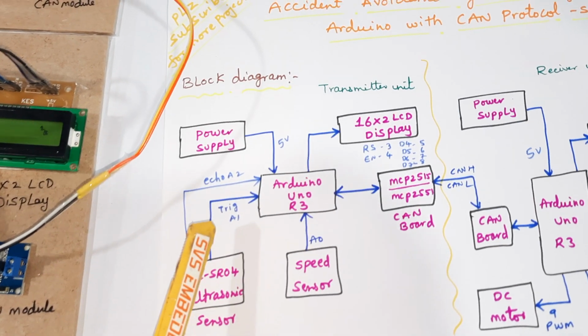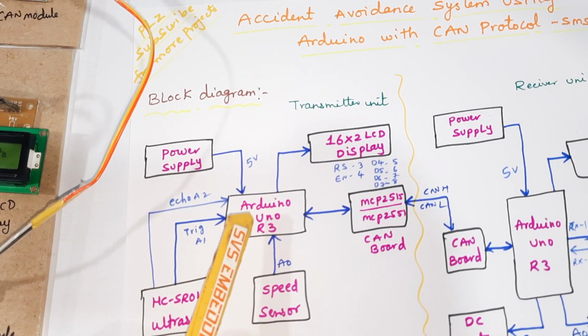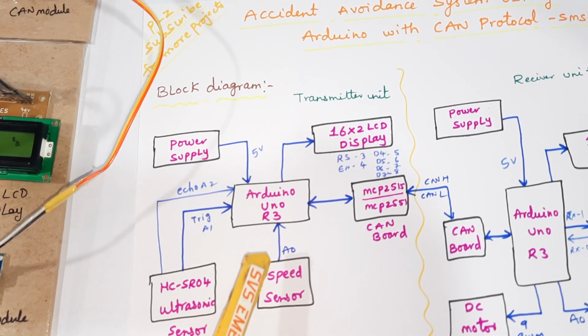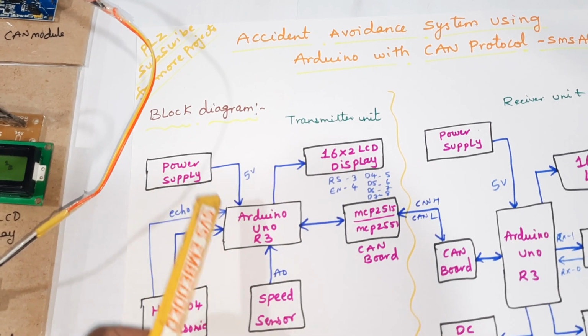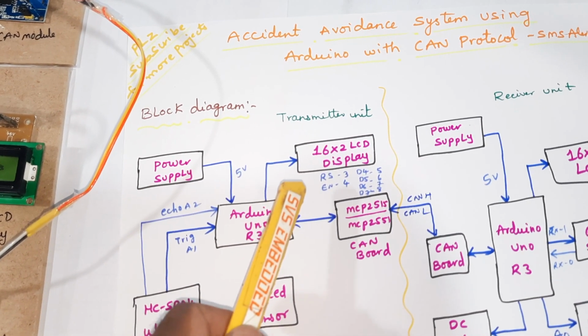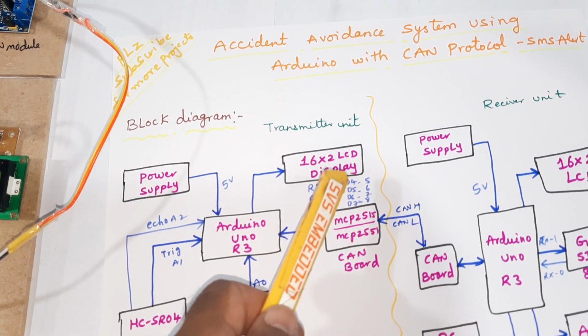The ultrasonic distance measurement sensor is connected with trigger to A1 and echo to A2 of the Arduino Uno R3, and the speed sensor, analog, is connected to the Arduino A0 pin, along with one 5 volts power supply module. The 16x2 LCD display is connected with RS, enable, D4, D5, D6, D7 to pins 3, 4, 5, 6, 7,